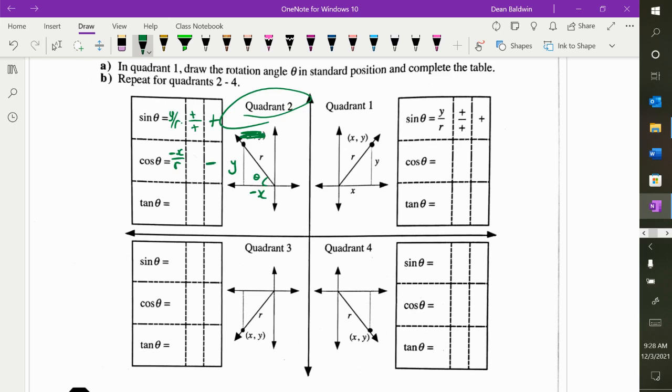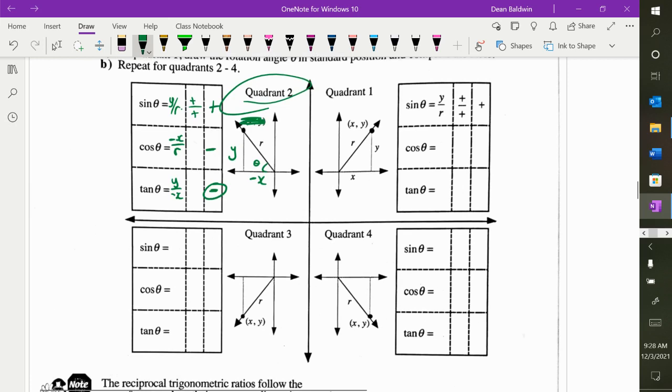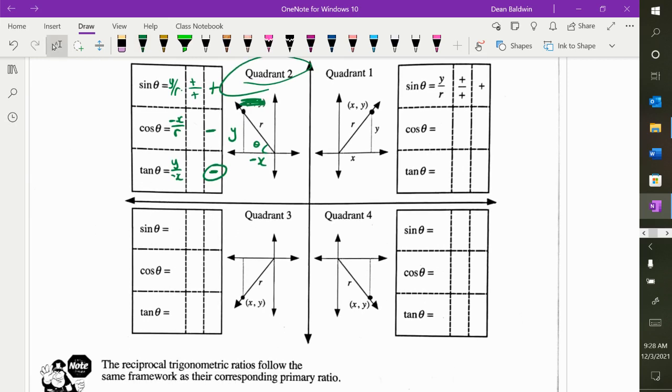Tan is what over what? Y over negative x. So what's tan in this quadrant? Negative. Now you can go through and do this on every one. Okay? In the second quadrant, only sine is positive, cosine and tan are negative. All right? And then following the same procedure, if you're in this third quadrant,